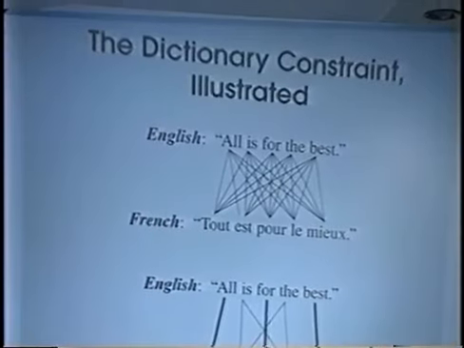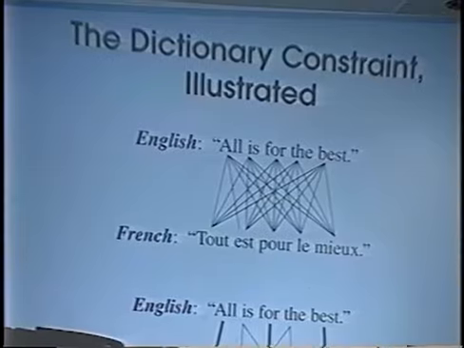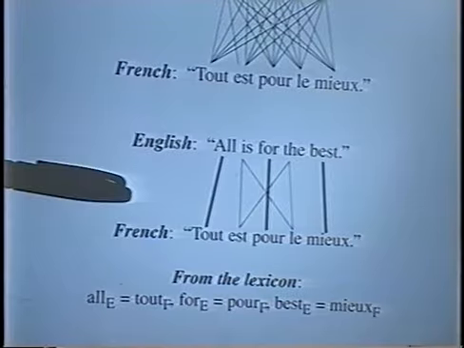So the top is the baseline, and everything dances with everything, but when we put the dictionary constraint on things, the lexicon pairs, all, tout, for, pour, and best, mieux, are constrained. I guess a better explanation is that some married people might be in the party but not with their spouse. Yes, that's true. Also, as a side note, an English word could occur in the lexicon with two of the French words in the sentence, so we do have a potential for polygamy.